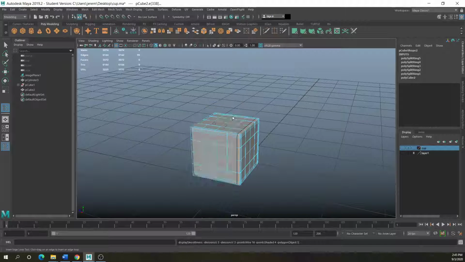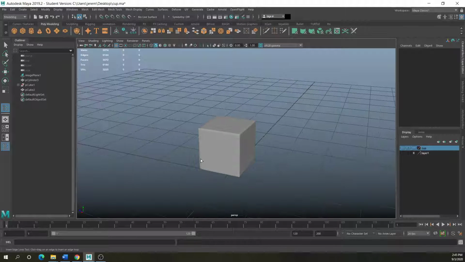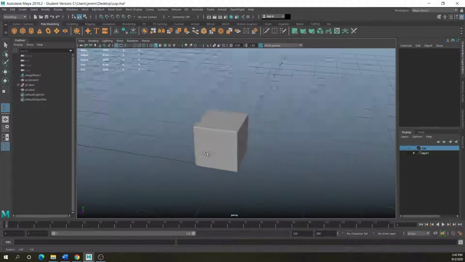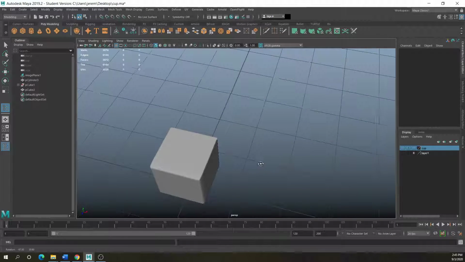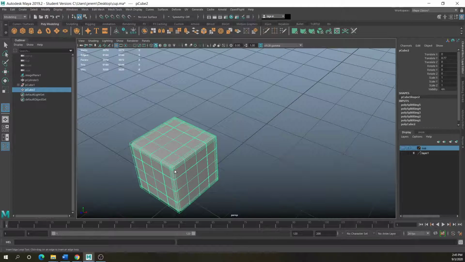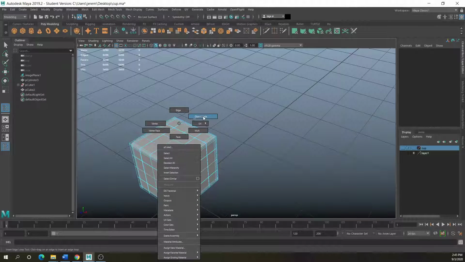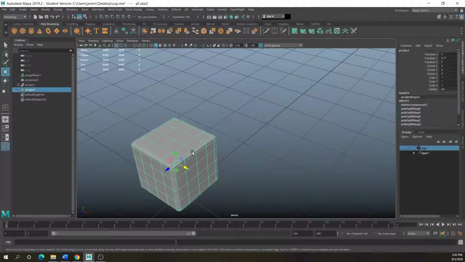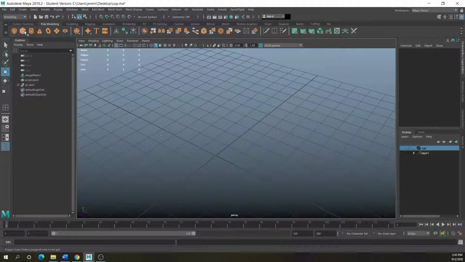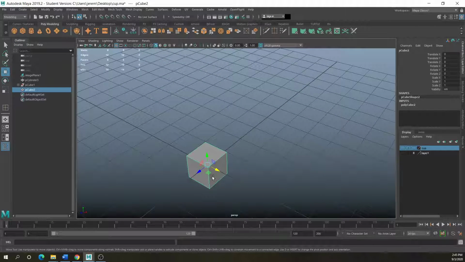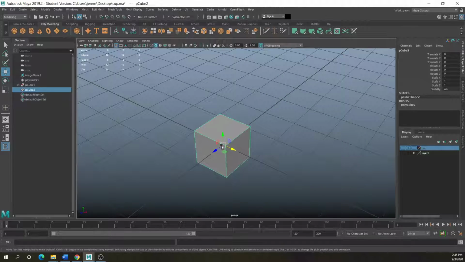Now if you preview, your box looks a little bit straighter. Say you didn't have any divisions in the box itself and you collapsed it or smoothed it over, you've got it like that.